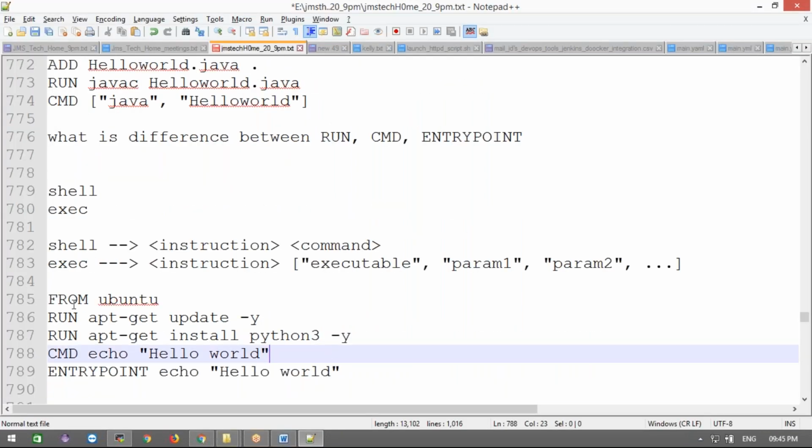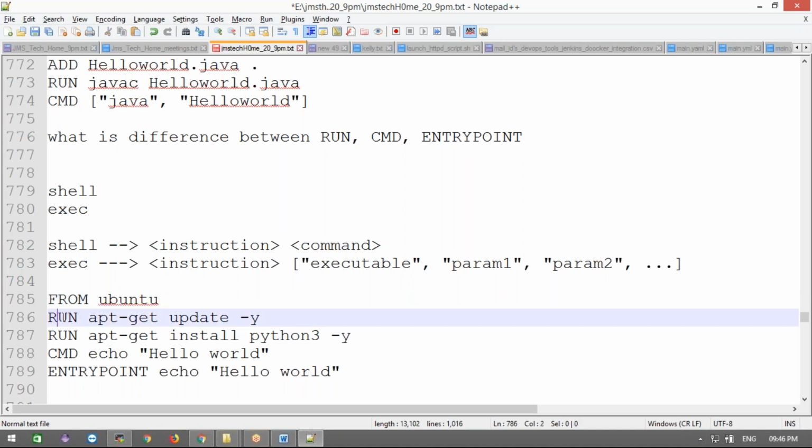Keep it here. What is this? This is the FROM. What is the FROM here? The first command of the Dockerfile is the base image. I'm going to take Ubuntu, and after taking the new version of any one of the flavors, you must update it if any packages are updated.